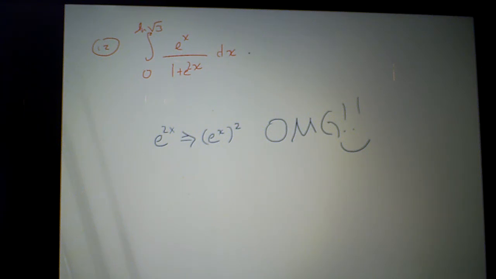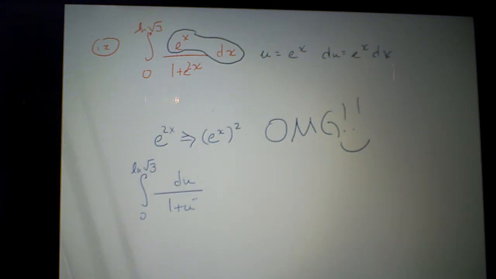And shockingly, if u is e to the x, what is du? Why, it's e to the x dx. So there's du, and here is 1 plus u squared. Because this is my u. So that is inverse tangent